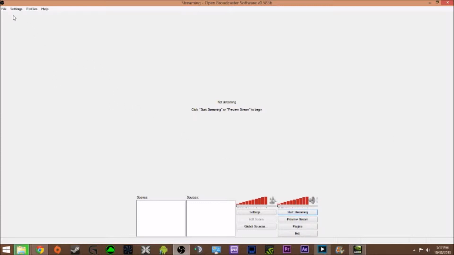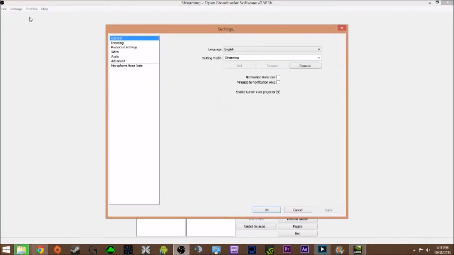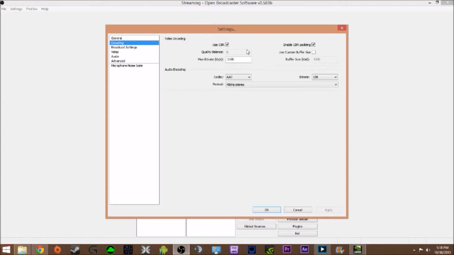No, not yet. You're going to go up here to settings. You're going to have the drop down menu. You're going to click on settings again. Then, you're going to have general. You can select whatever profile you want. You can add, remake, remove, whatever. Then you're going to click on encoding. Use CBR and enable CBR padding. This is to help with lower